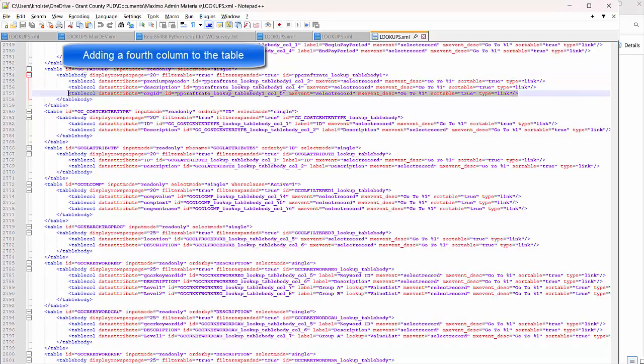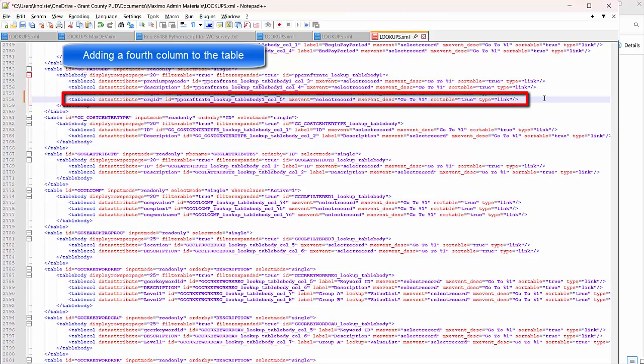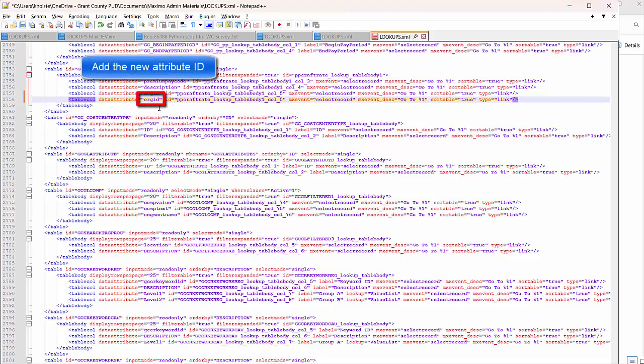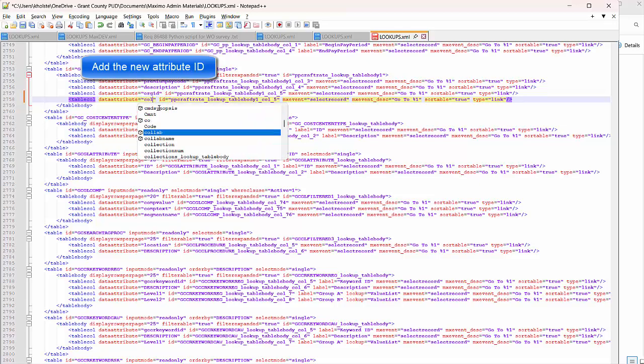So I'll just take this row, copy it, and I'll click there, add another row, make sure it's indented the same way the previous row was. Now I need to make sure this row has what it needs. So here's my field that I'm adding. Remember, what I'm trying to do is add another column to that pay code select value dialog box. It's going to have its own column